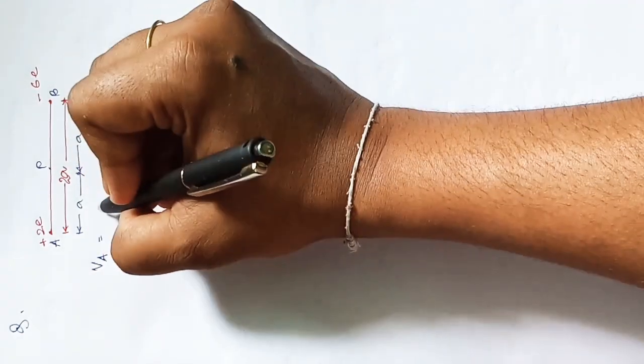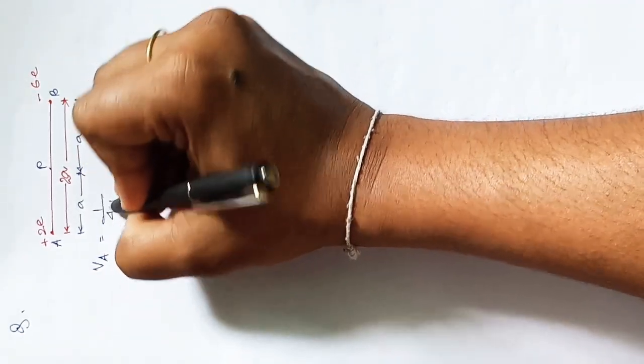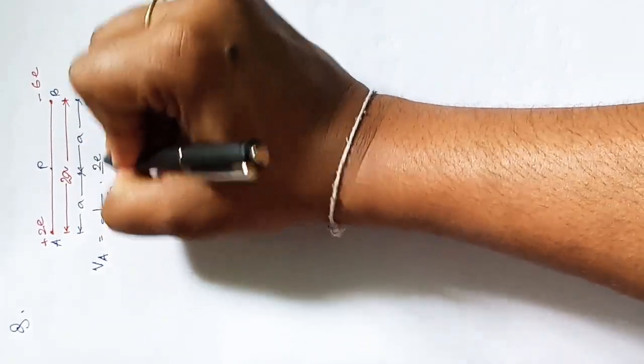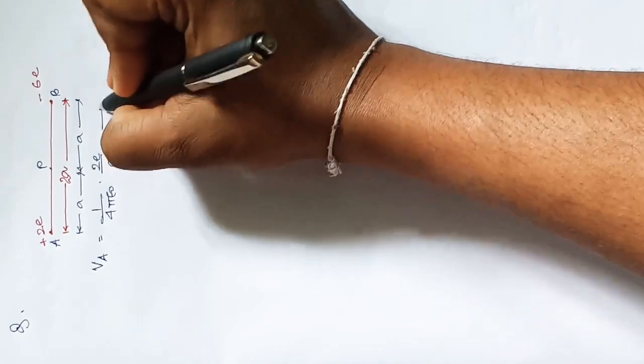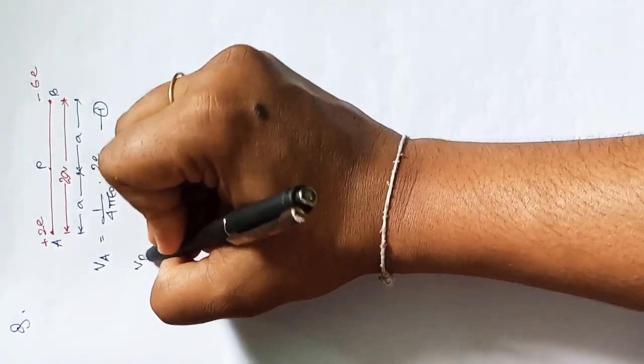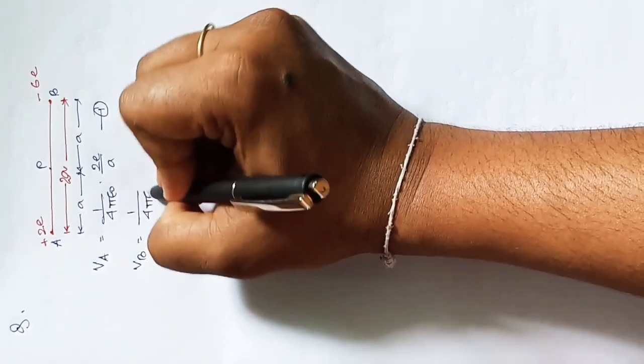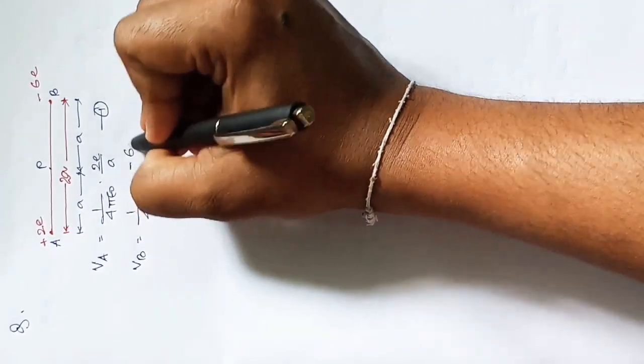So VA will be 1 by 4 pi epsilon naught Q by R, Q means here 2e, by distance a. This is equation 1. Similarly VB, the potential for B will be 1 by 4 pi epsilon naught minus 6e by